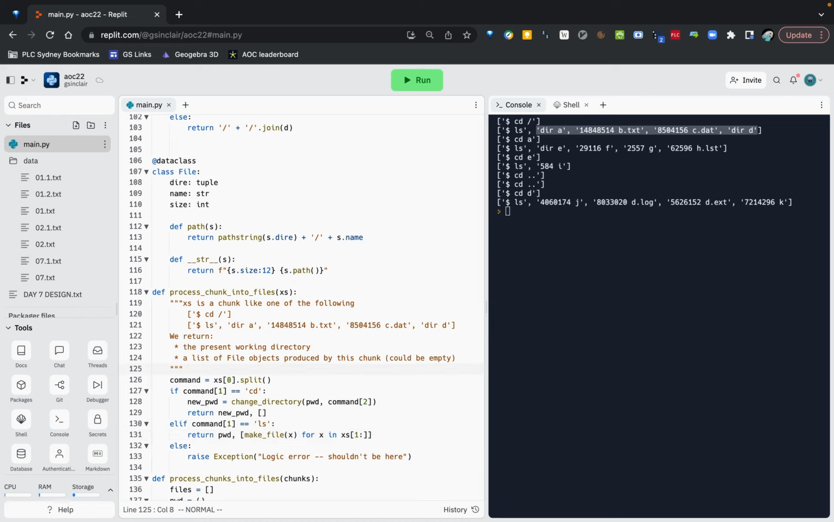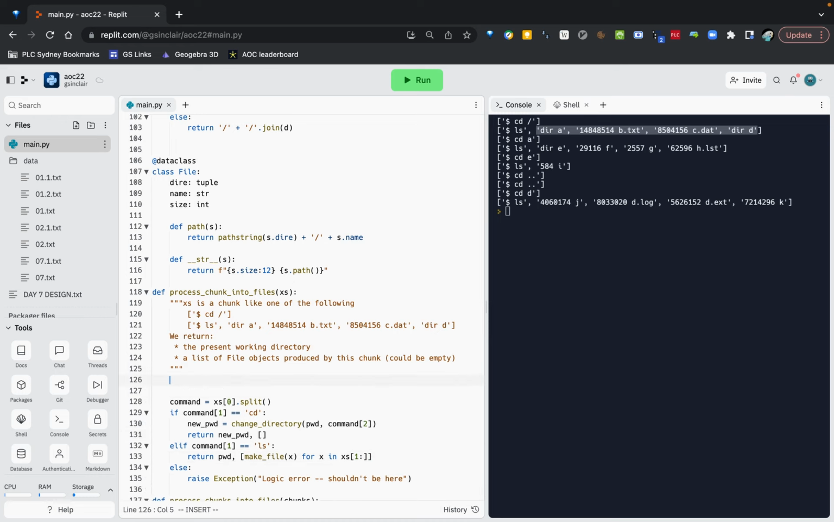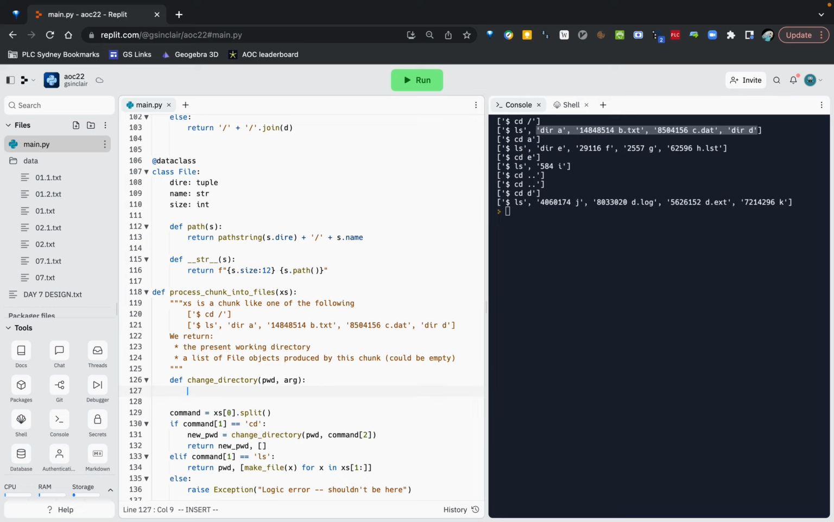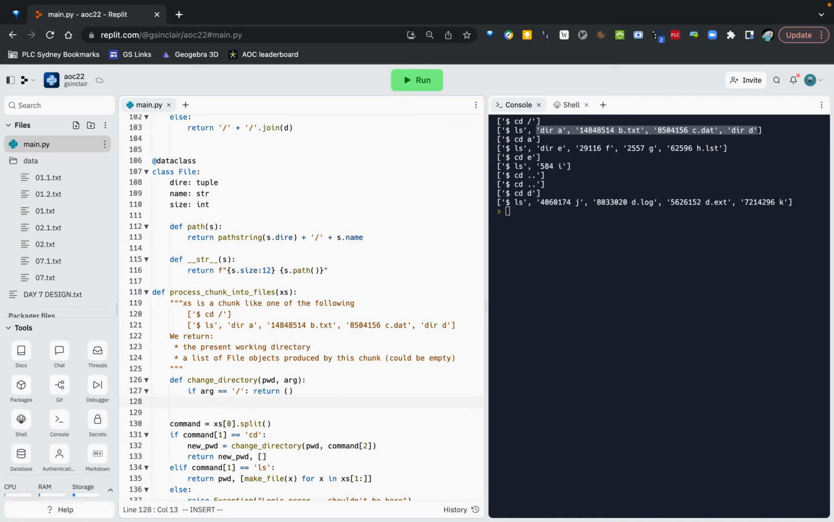Now you can create functions within functions, and I'm going to do that because these functions are only useful in here. So, change directory. I need the present working directory, and I need the argument that's been given to me. Now, there are three cases. So I'm going to say if the argument is equal to the root, that's our simplest case, then I'm going to return the empty directory, right? Elif,